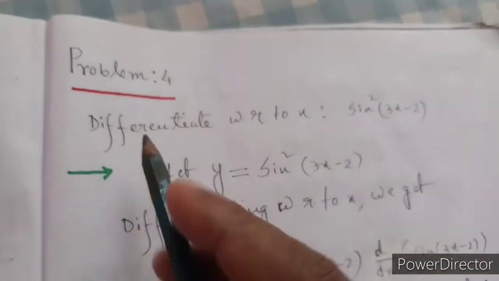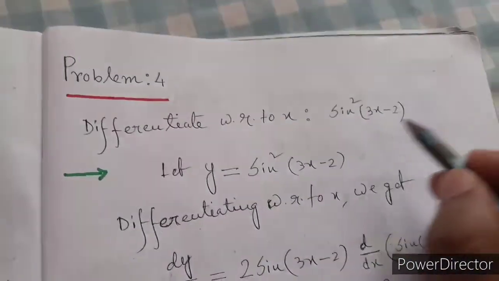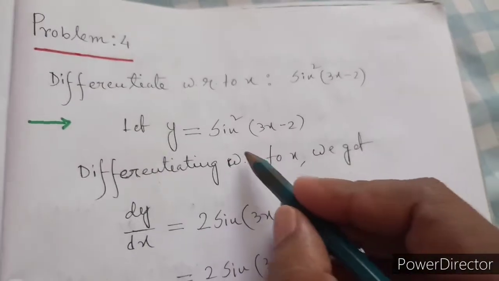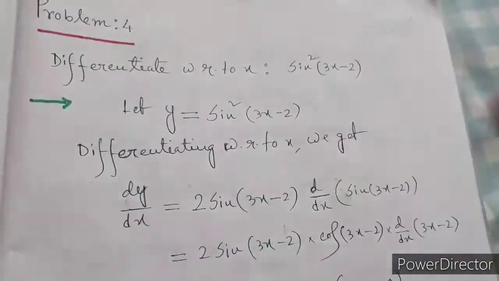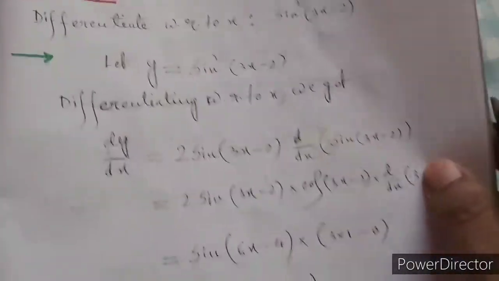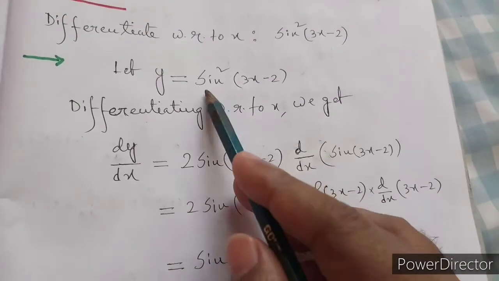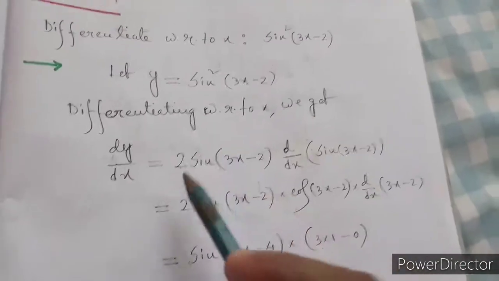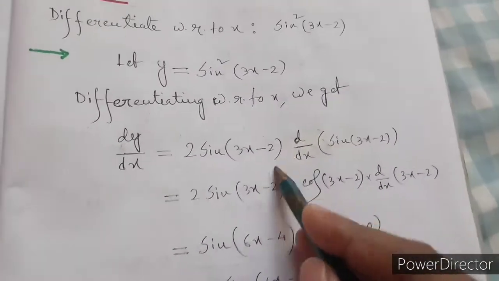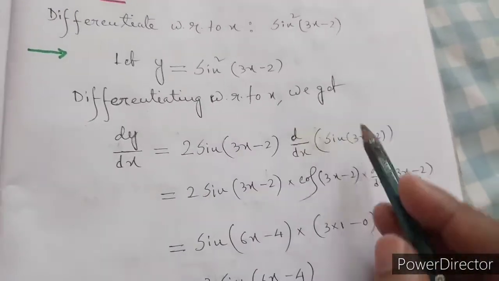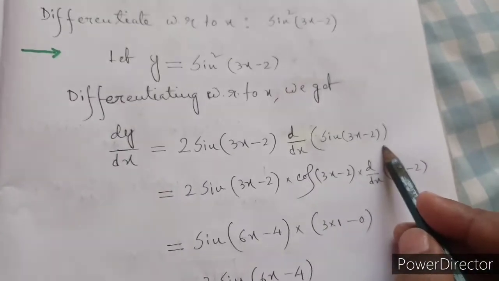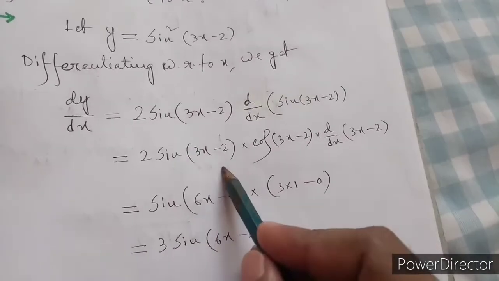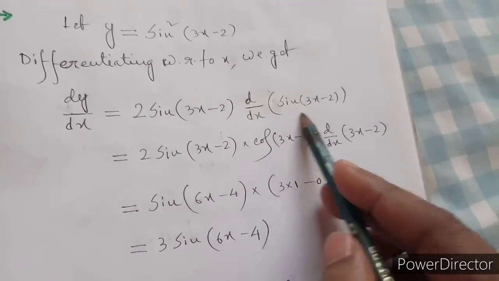Now problem number 4. Differentiate with respect to x sine square 3x minus 2. How to solve it? Let y equal to sine square 3x minus 2. Differentiating with respect to x, we get, so sine square, that means consider it as x square. Derivative of x square is 2x, that means 2 sine 3x minus 2. And then the derivative of sine 3x minus 2. Got it? So now 2 sine 3x minus 2 into the derivative of sine 3x minus 2, which is